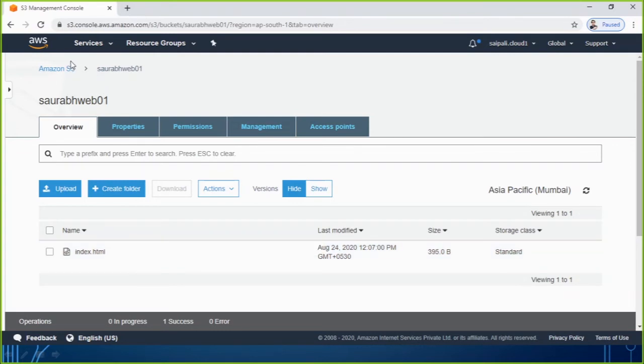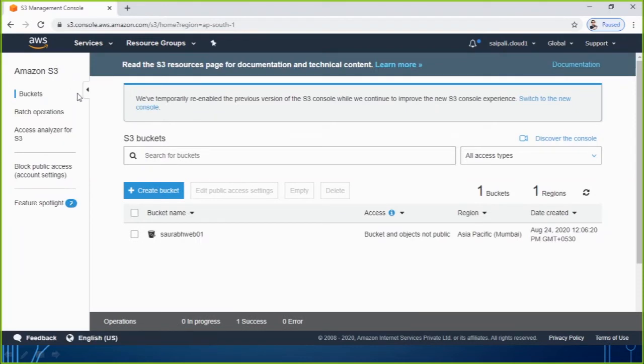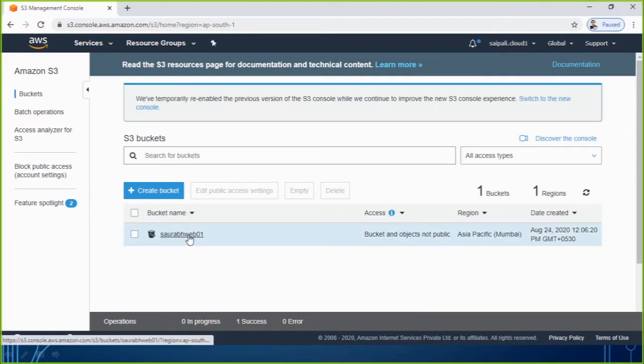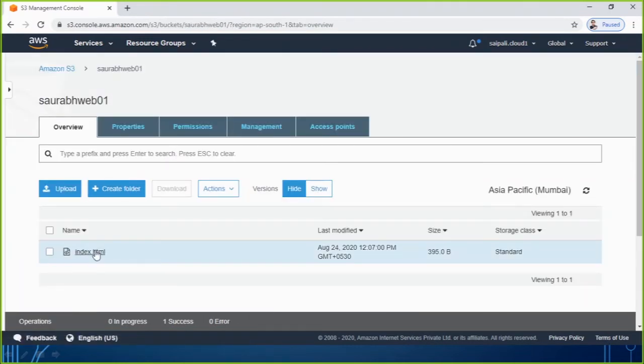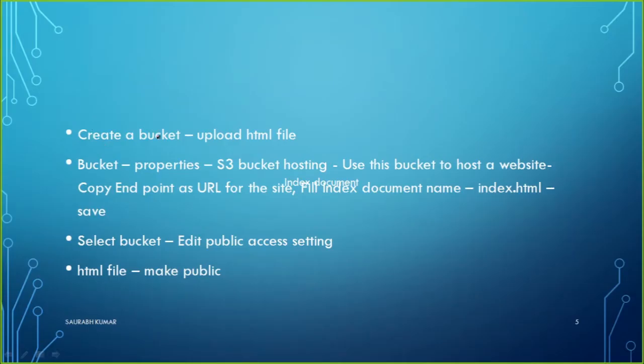Last day we also discussed the different storage classes. So what we did up to now is, in the S3 service we created a bucket, and inside the bucket we uploaded the file. This is the task we have finished up to now. So here you see, create a bucket, upload an HTML file. This is the task we are done with. Now what we need to do is look for the option from where we are going to start the service of hosting a website.